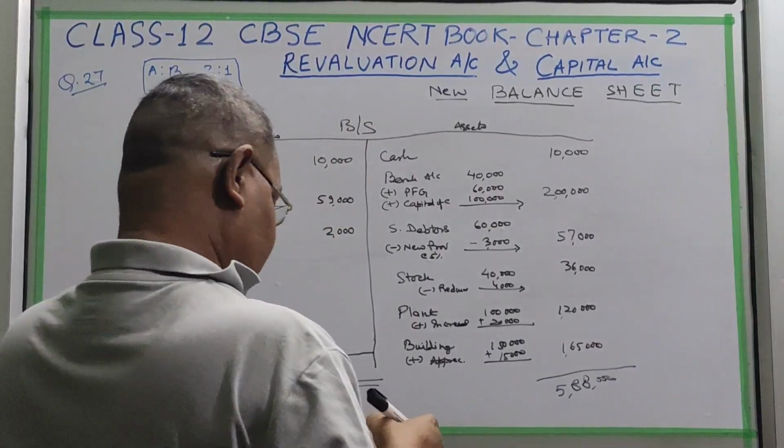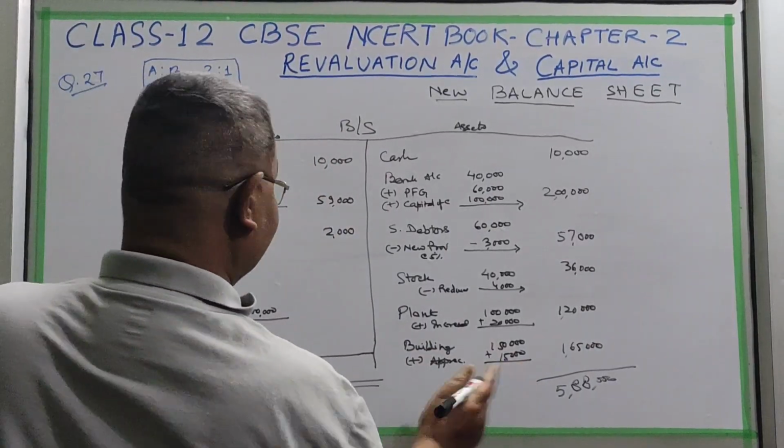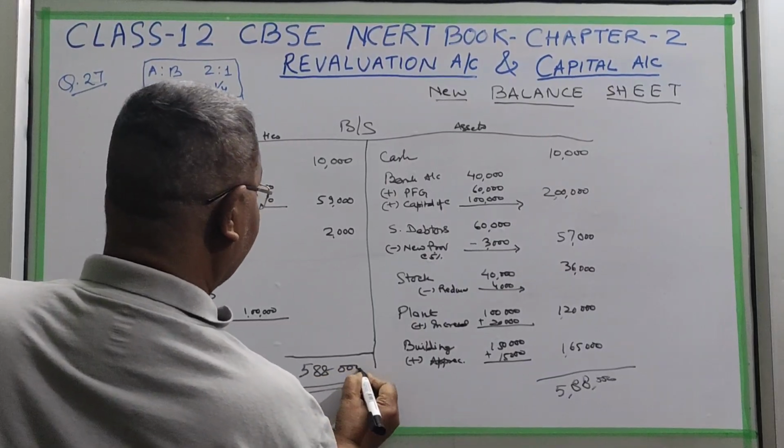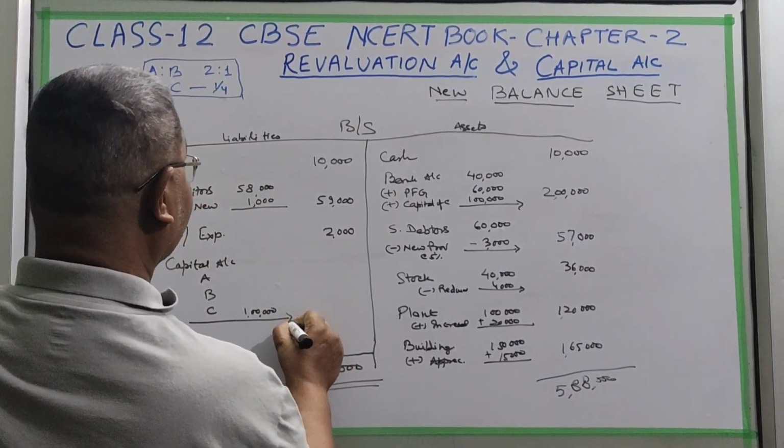It is 5,88,000. Okay, so this 5,88,000 will come here also. It means the capital of C will be